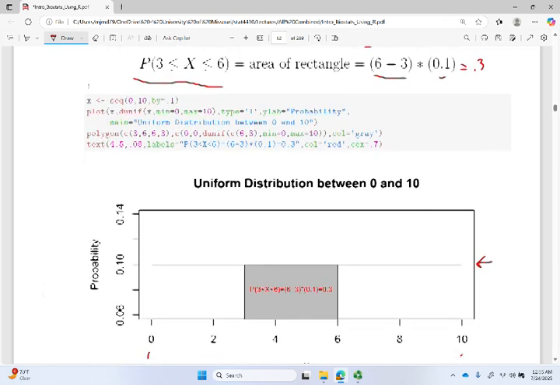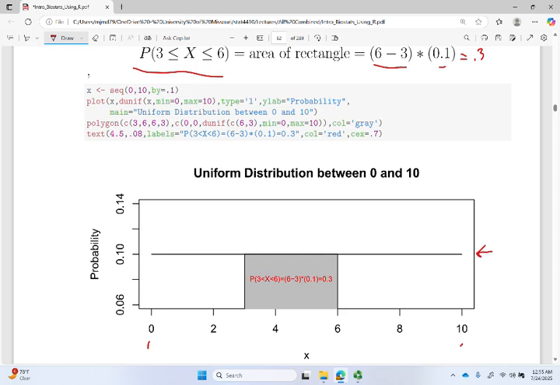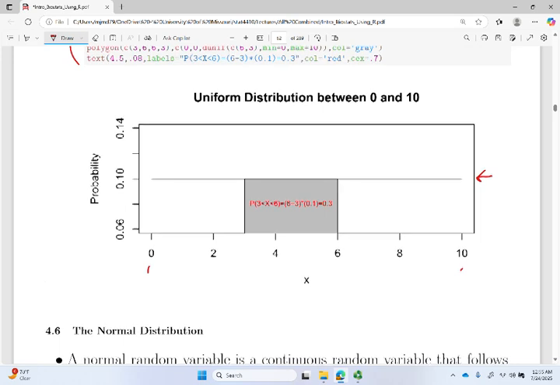0.3. Okay, so this is how we plot this density function. I shaded the area and read the text. But I want to note some things. So let's look at Kolmogorov's three axioms of probability. So this is only defined from 0 to 10, and it's 0 everywhere else. So these dots